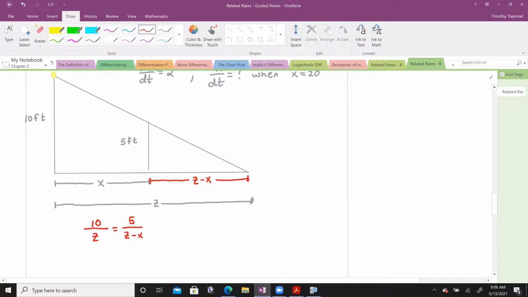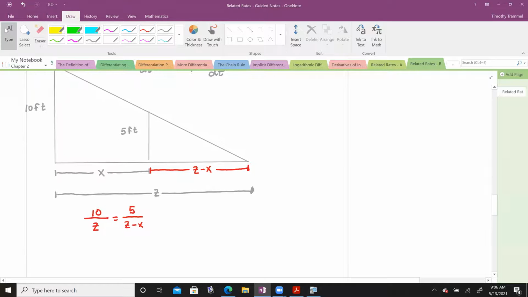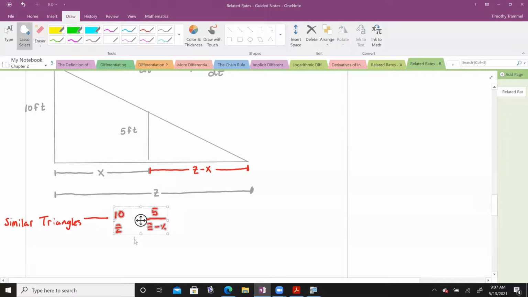All right, so we had to use similar triangles here. So let's write that actually up front here so we don't forget where this equation came from. Similar triangles. And I'm just going to scoot my equation over just a little bit. There we go. Now, what we learned when we were doing the section on implicit differentiation is that we